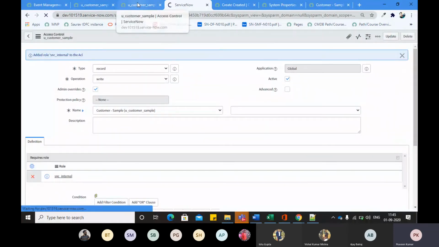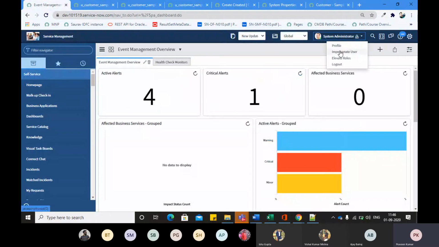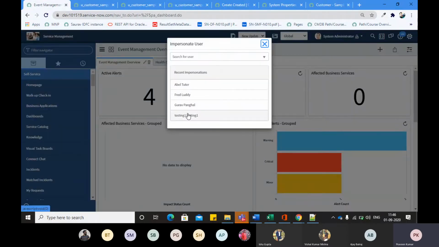So these are basically very basic ACLs: first of all, read ACL on table, create ACL on table, write ACL on table. These are called default ACLs as well. Once we impersonate with the user, we'll see if something has changed or not.